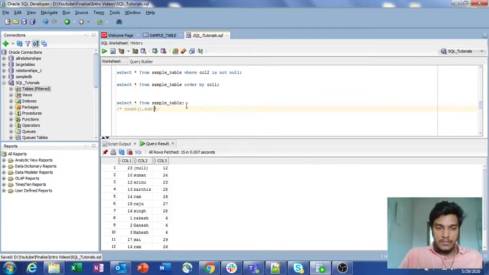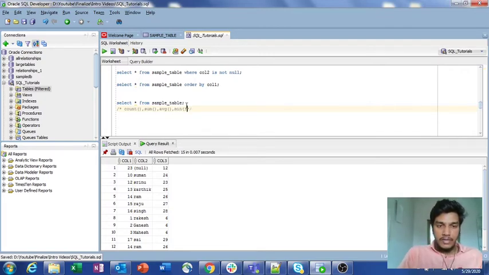Similarly, if you do sum, and it is an integer column, it will sum all the values of a particular column for every record. Similarly, if you do average, it will do the average. Suppose you have 10 records in a column, then it will sum all the 10 record values and divide by 10, because we have a total of 10 records. That is what average means.